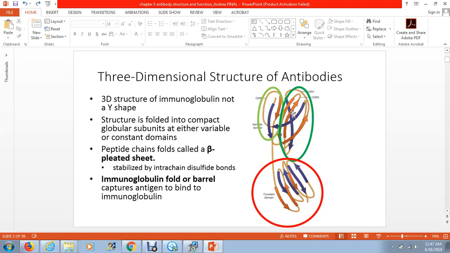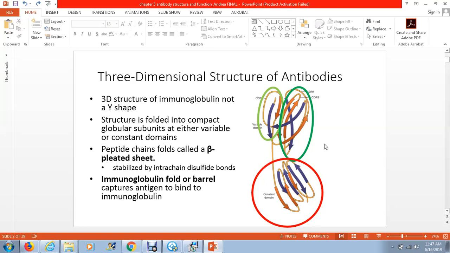If you see, here's the two regions that would represent the top of the Y, and then it comes straight down and represents the bottom of the Y. But in fact, these are very conformational shapes and not 2D at all. The structure is, of course, formed by those four basic chains that we had talked about. The two heavy chains are the isotypes, the amino acids that make up each of the unique heavy chains,